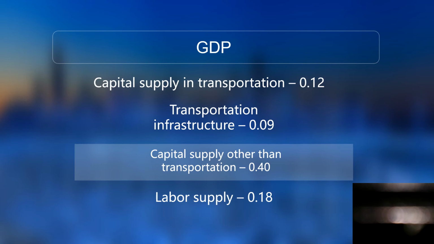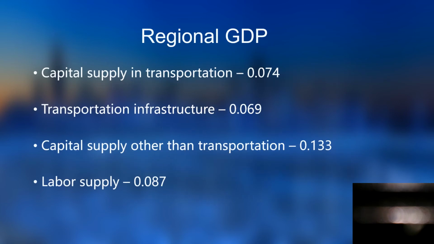So all the factors are positively related to economic growth. And the most important factors in contributing to economic growth are capital supply other than transportation and labor supply. Secondly, capital supply in transportation and transportation infrastructure do have a positive effect on regional economic growth as well, contributing around 0.074 and 0.069% to regional economic growth respectively. But the largest contributors are still labor supply and capital supply other than the transportation sector. They account for around